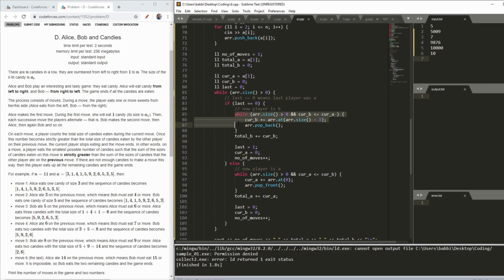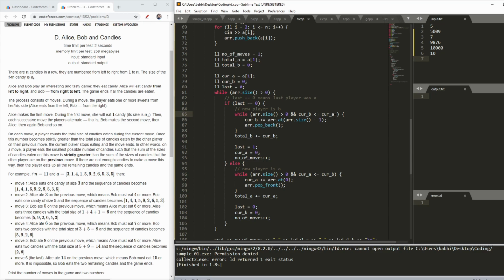Now what I actually want is that the array size stays bigger than 0, because you can't exhaust more than what you have. The next condition is that my B sum should be less than or equal to A sum, and when it becomes bigger, then I've got my answer.